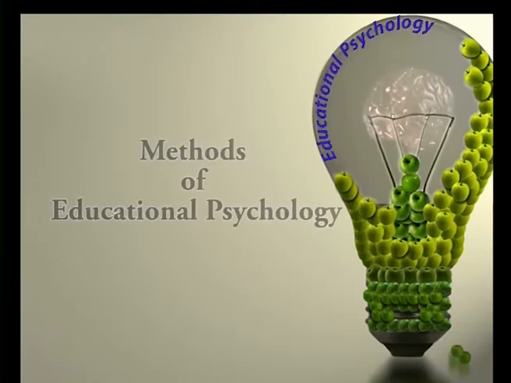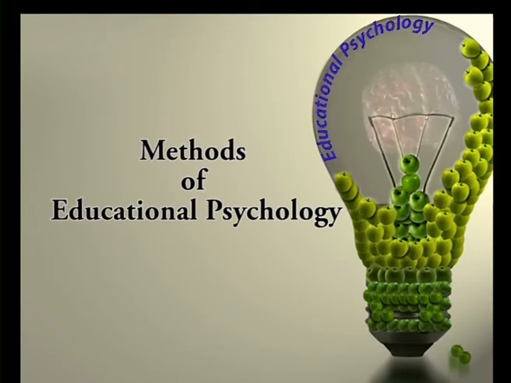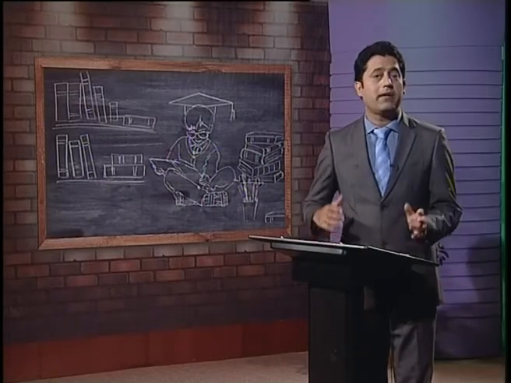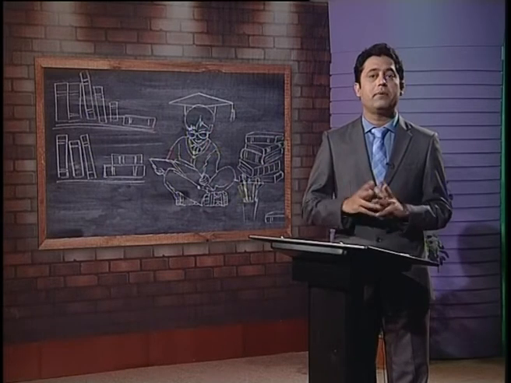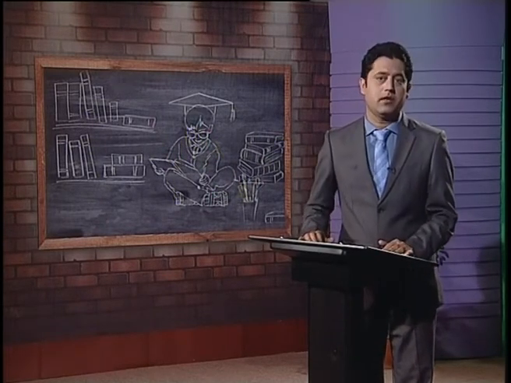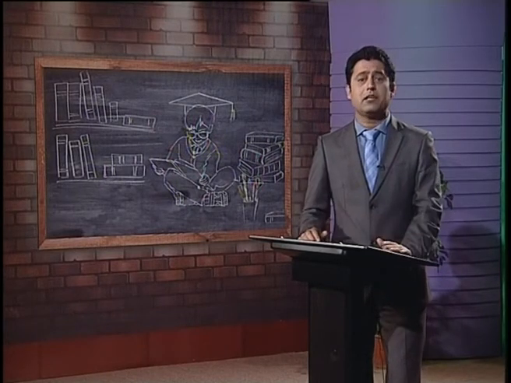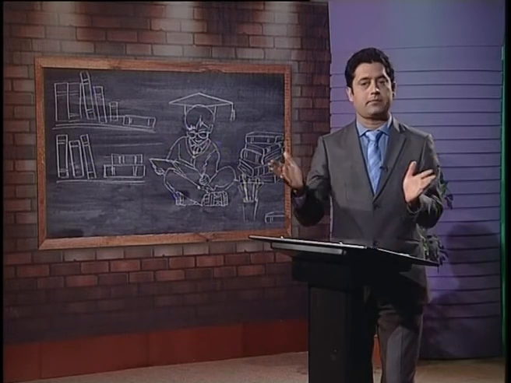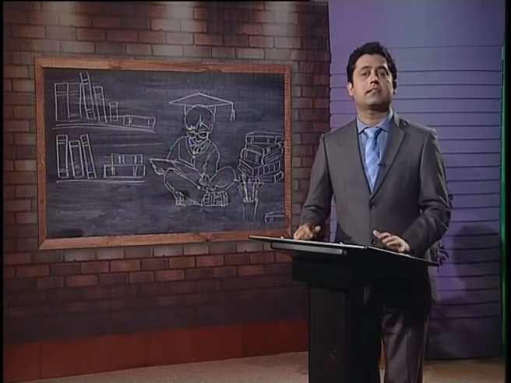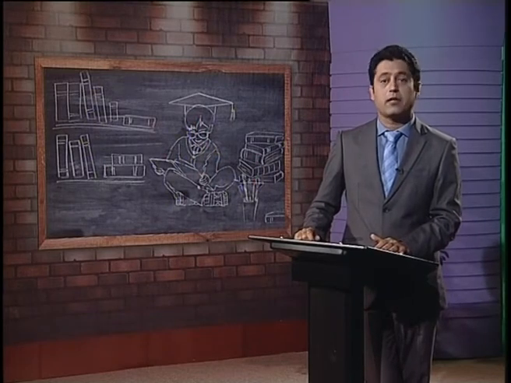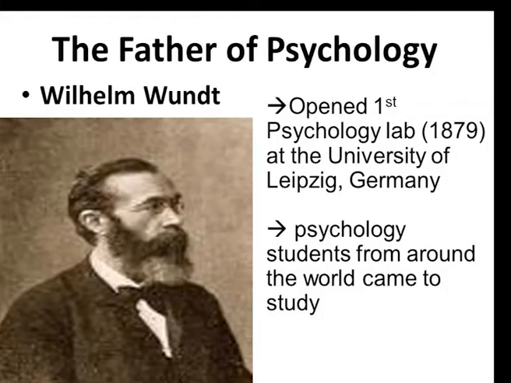Let's talk about the methods of educational psychology. In this section, I will describe the important methods of studying psychology of learning. Dear students, all methods of studying psychology of learning are basically methods of general psychology. Our brief review of the development of method will be helpful for you to understand the importance of the subject in greater depth. The first effort of conducting systematic experimental studies in psychology began in 1879 in Germany with the establishment of the first laboratory of psychology by William Wundt.